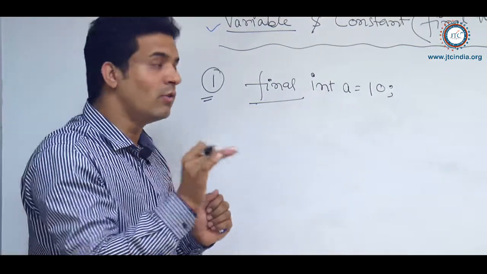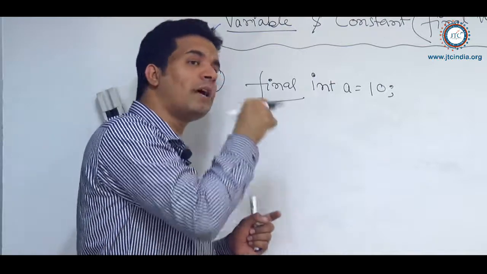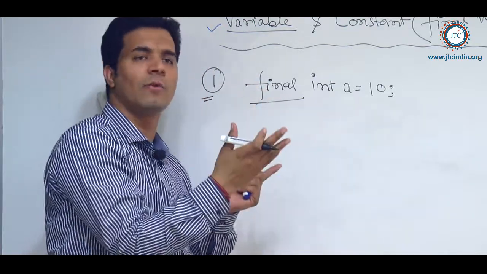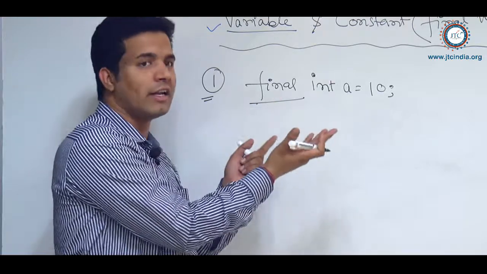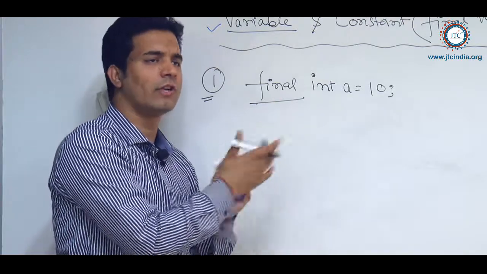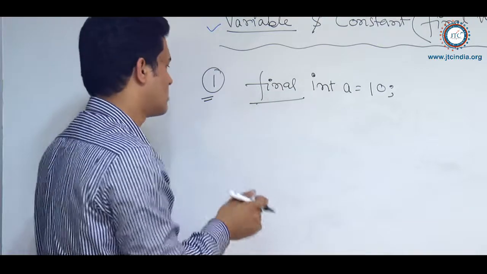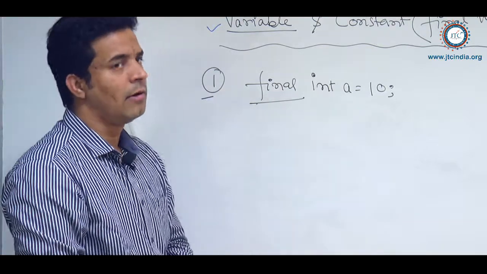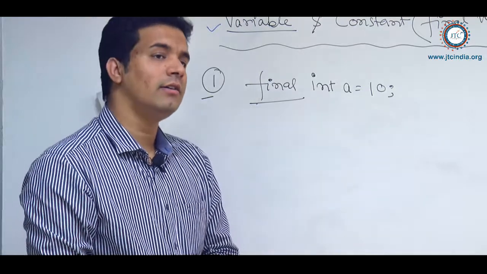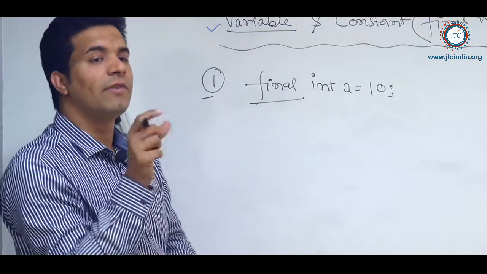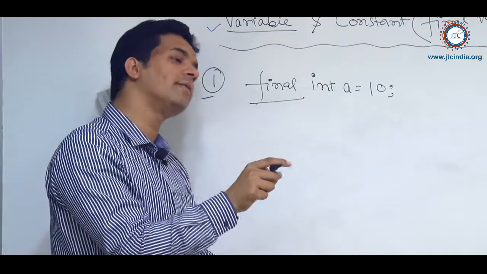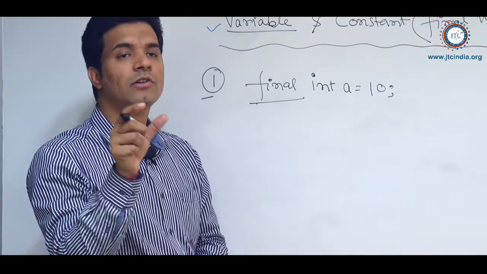Notice my point: the value of a cannot be changed in this particular context, or in this corresponding object context. What is object context? We have not created any object as such, or written any class, so in general I am discussing. Again I come to the point: when do we want to declare a variable and when a constant? What is the purpose of declaring a variable and what is the purpose of declaring a constant?